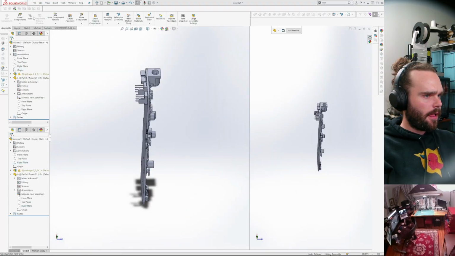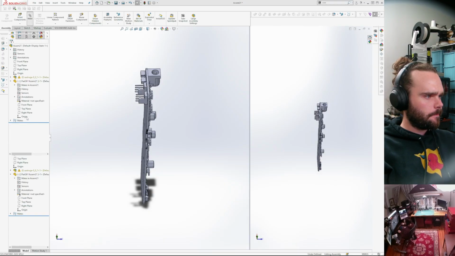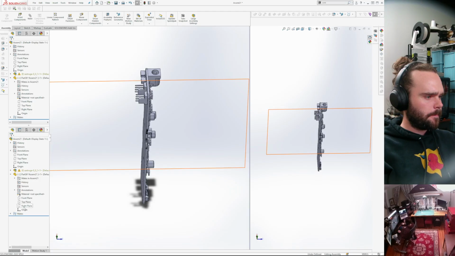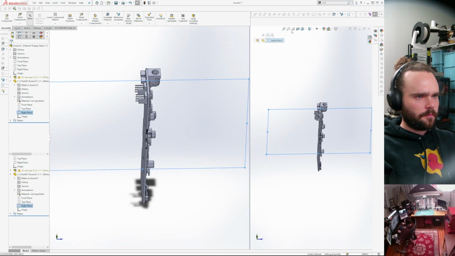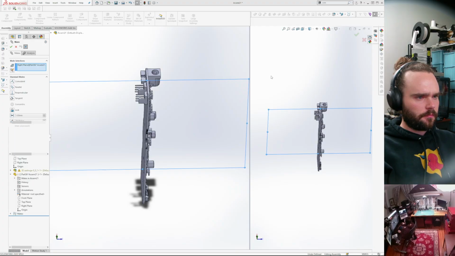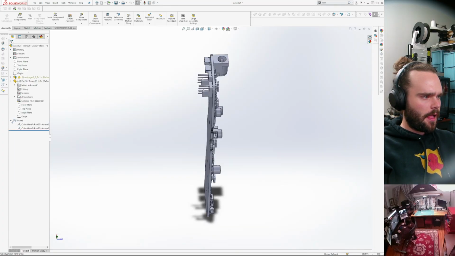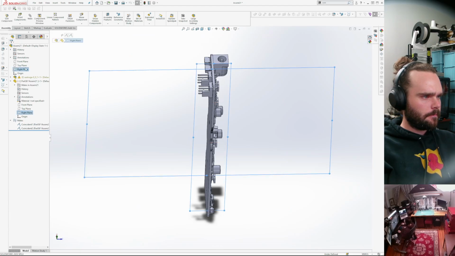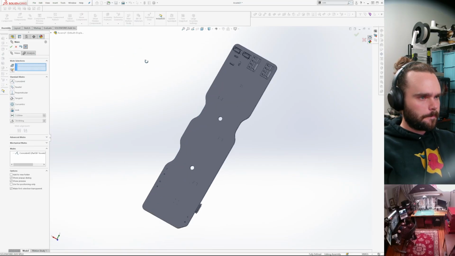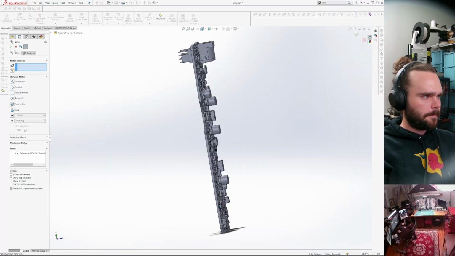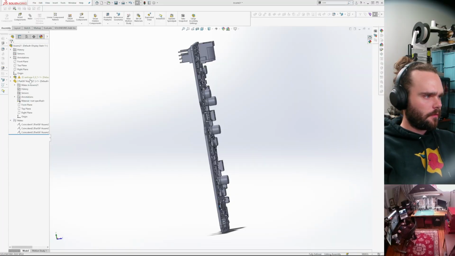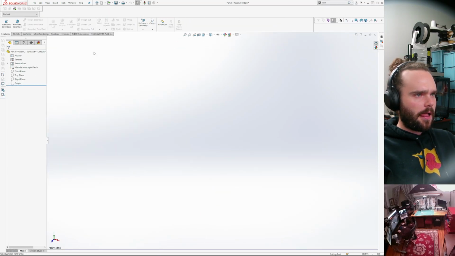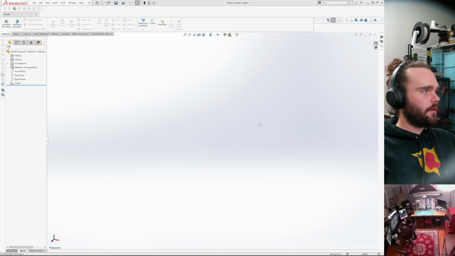Right. So we're gonna call this thing assembly number 21 of the night. That's a lot of assemblies.